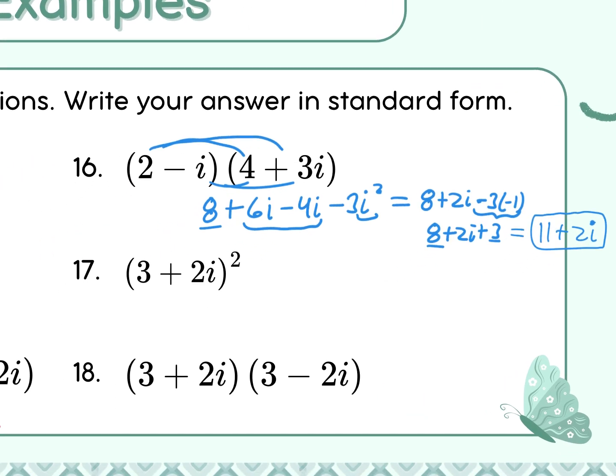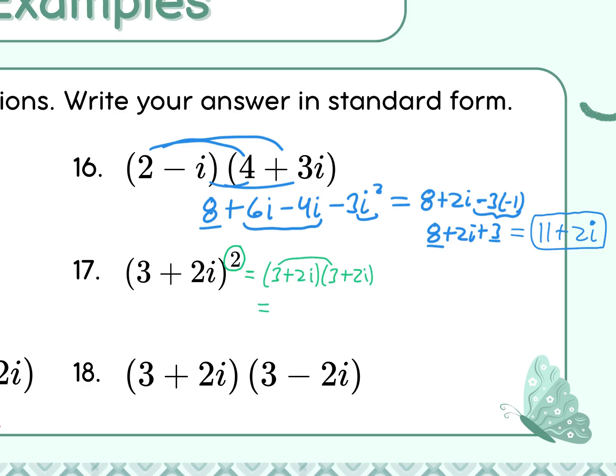So we can try the same thing over here. Keep in mind, this square cannot distribute to each of these two terms, right? Hopefully we remember this, right? Here instead, I would have to write it twice and FOIL it, right? So it's going to be a 3 plus 2i and another 3 plus 2i, and you would FOIL again as